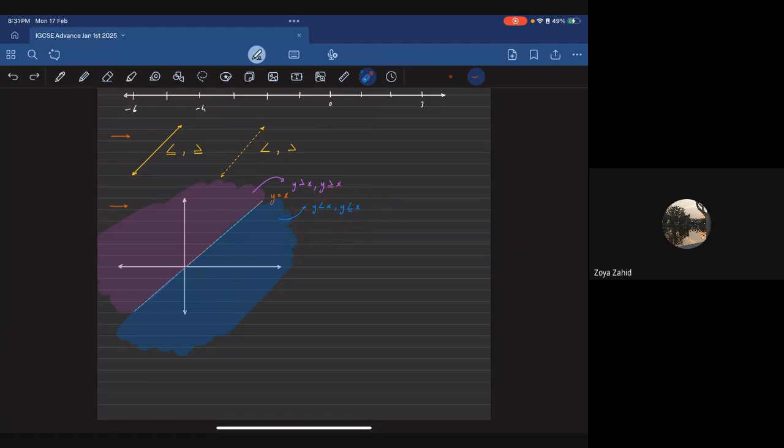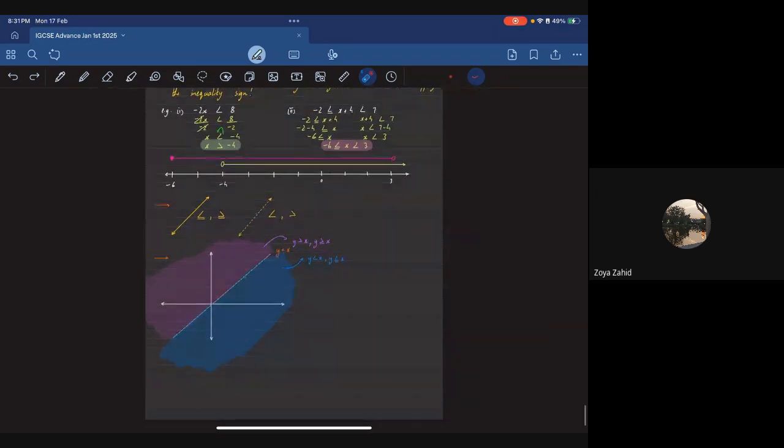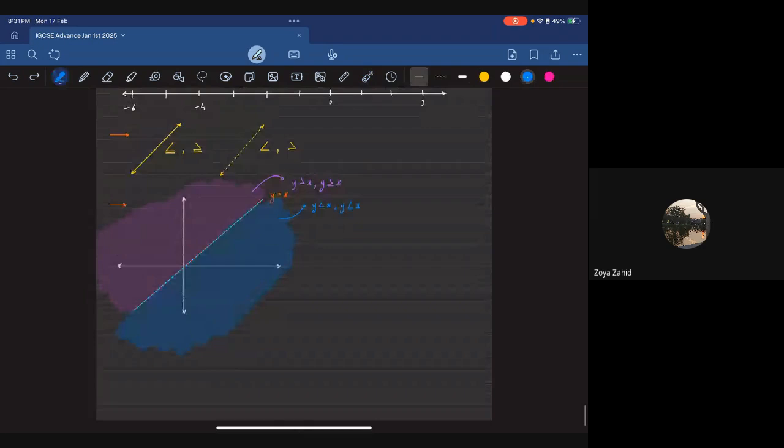Whatever the equation can be, for example, if the equation is y is equal to 2x plus 3, that's the original equation. If you're shading above that, then it's y is greater than 2x plus 3. Similarly, y is less than 2x plus 3 if you're shading below it. Clear, guys? Okay. Let's look into what you may call